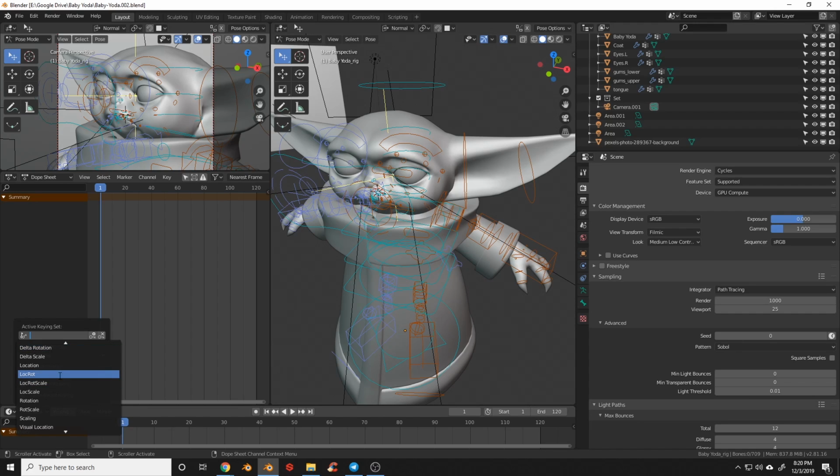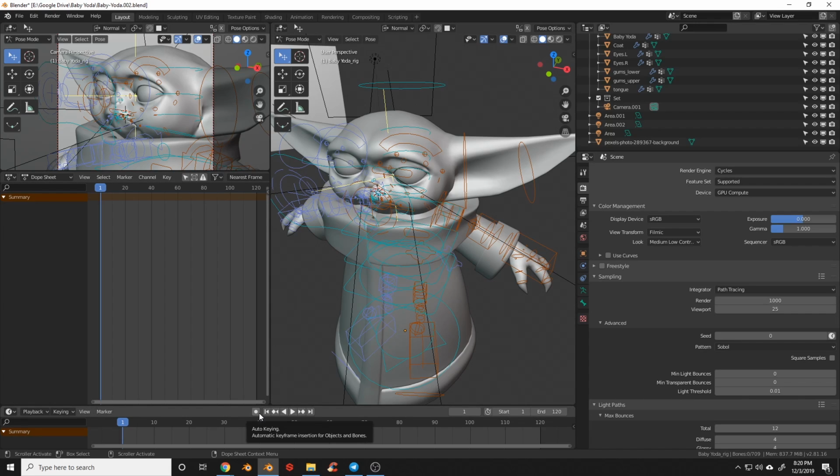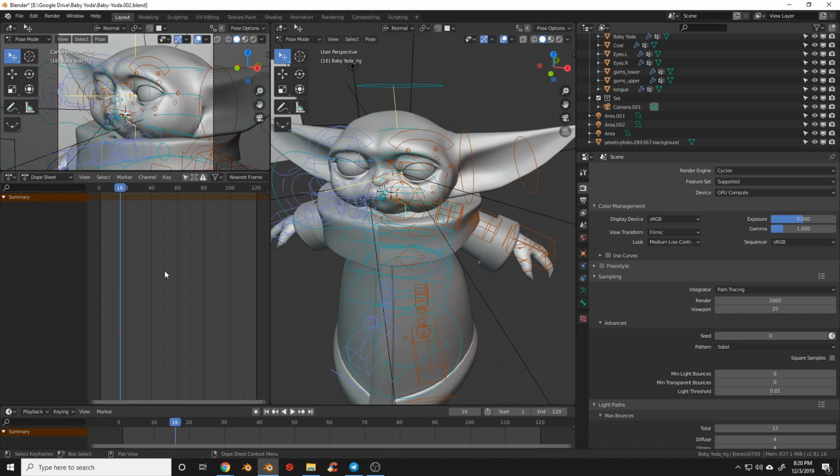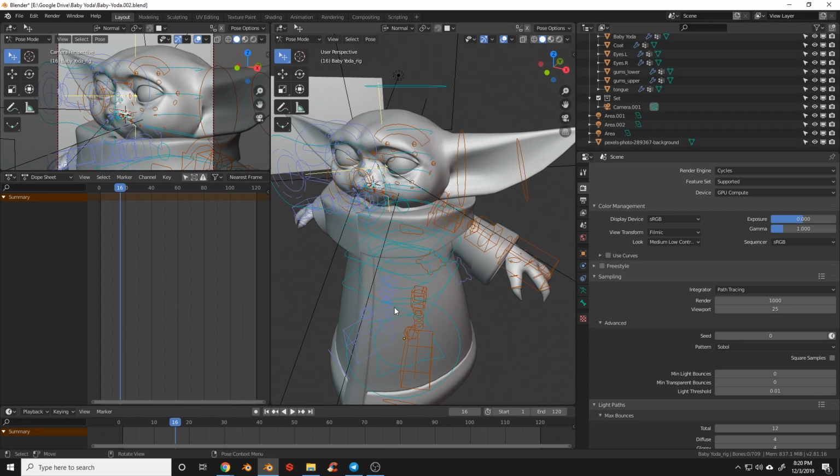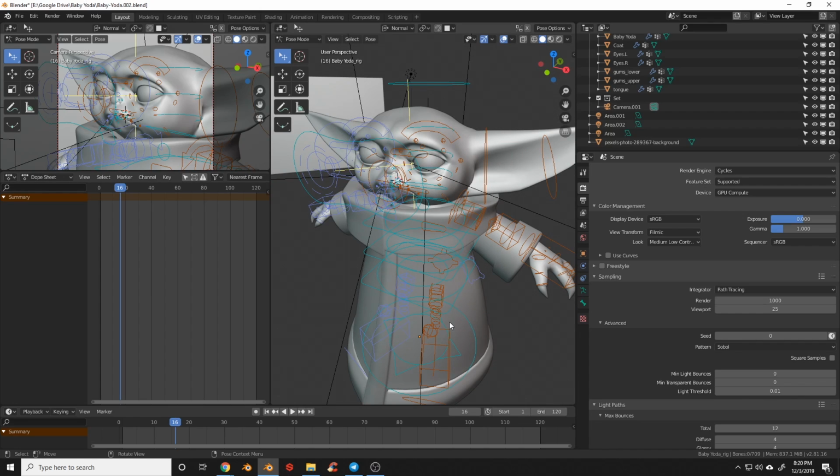So we're going to click Loc Rotate, and what that means is location and rotation. What that means is that whenever we make a keyframe, if we have automatic keyframing on, or when we insert, it's only going to insert a location and rotation keyframe. That way, when we're over here trying to manage all of our keyframes, we don't have a bunch of scales in there messing it up and cluttering the view.